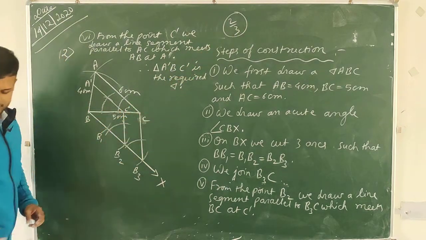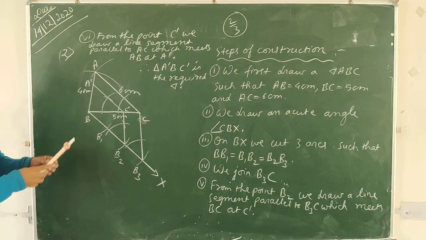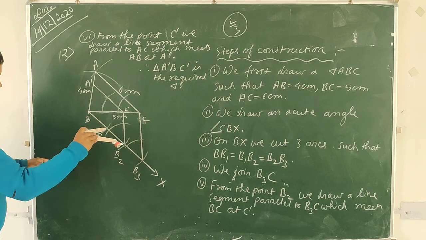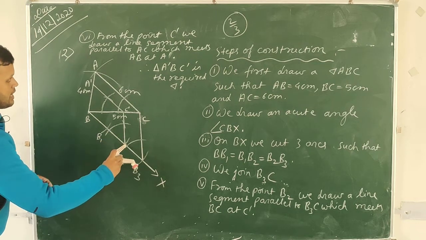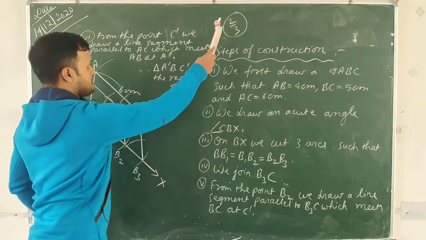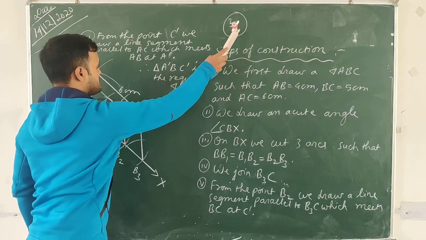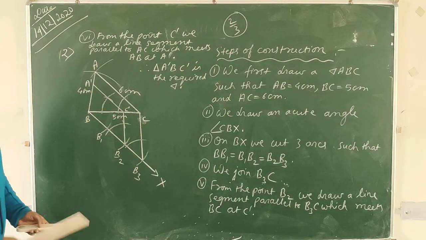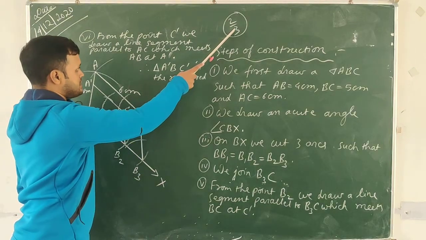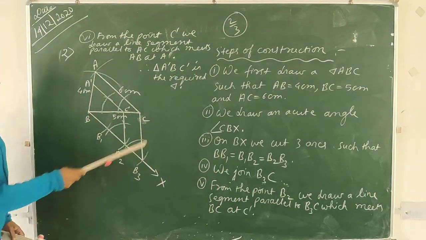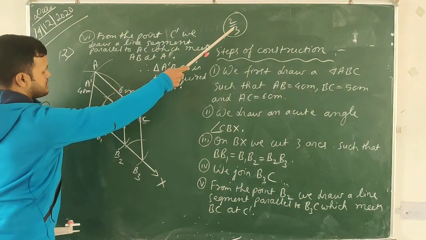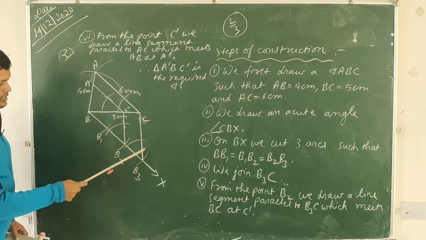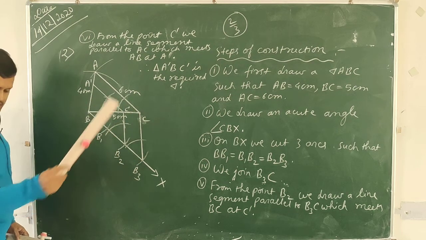3 is the bigger number, so therefore draw 3 arcs. From the point B, starting with any suitable radius, you draw 3 arcs: 1, 2, 3. How did I decide how many arcs to draw? The ratio is 2 by 3, and the bigger number is 3, so draw 3 arcs. After that, students, what is the denominator? Denominator is 3, isn't it? So B1, B2, B3. From the point B3 you join C.